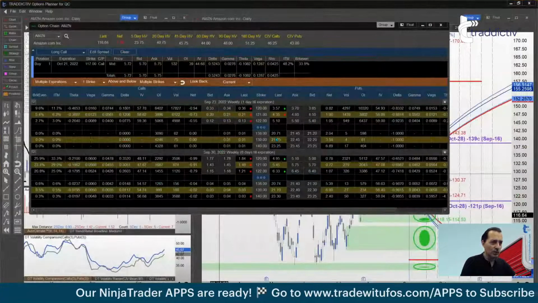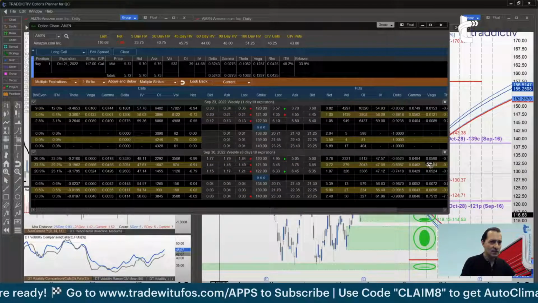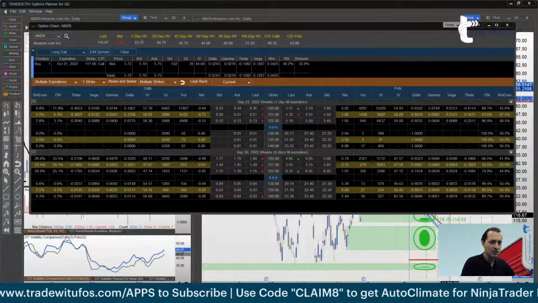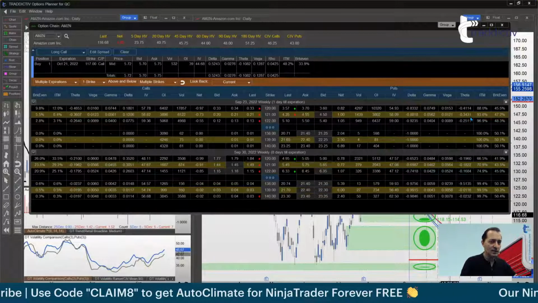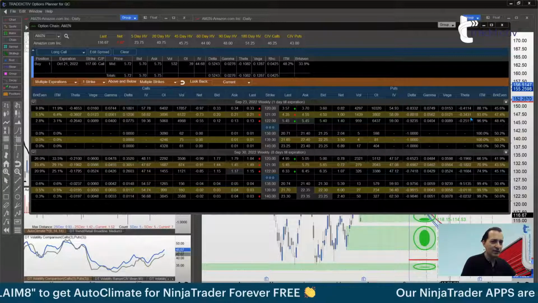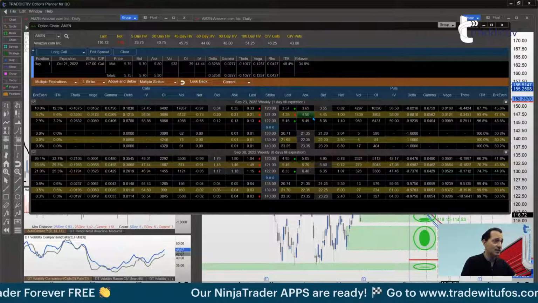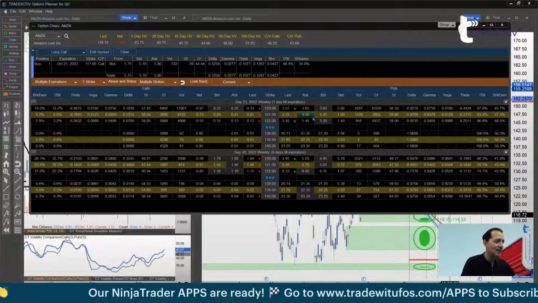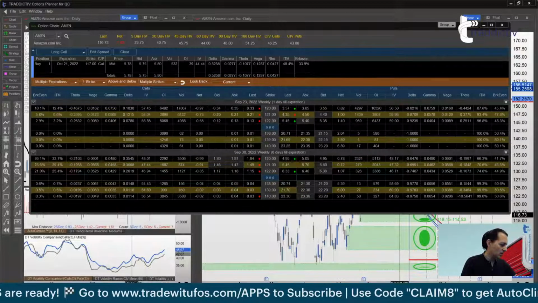What about the puts? Well, the put is the 121, and it has a theta value of 34 cents. Okay, so you may look at 34 cents, and you may look at $4.55, and you may be like, okay, no, that's great. It's all good. Let's leave it like that. Well, no. Okay, why not? Because look,